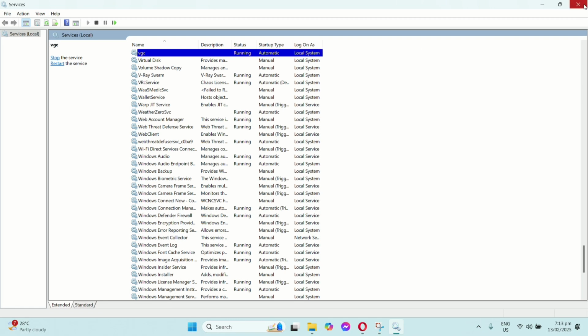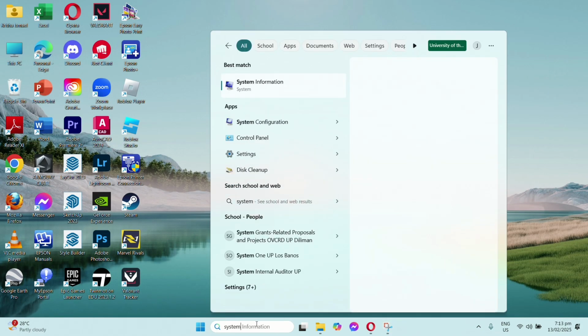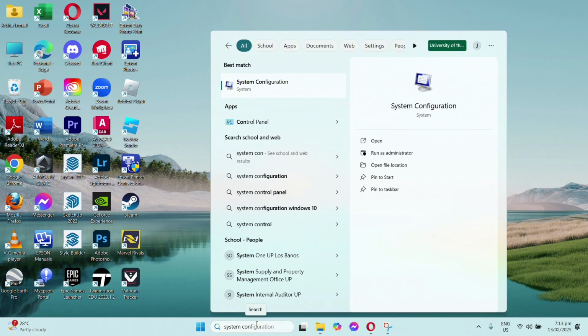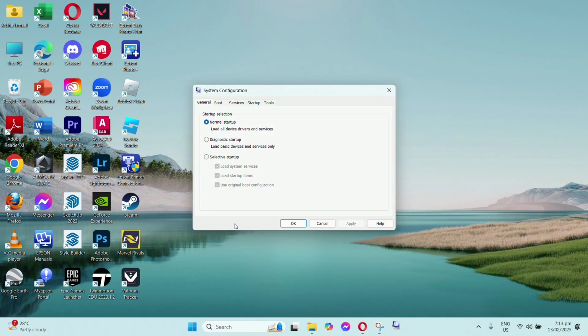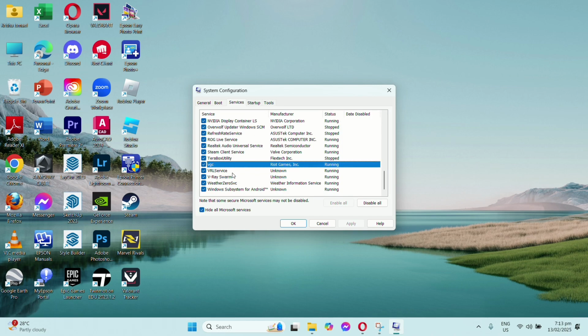And once it's done, close your services and then on your search bar again, find System Configuration. Now click on the Services tab and hide all Microsoft services. Now once again, find VGC. Usually when it's on error, the box isn't checked, so you need to check it and then click Apply and